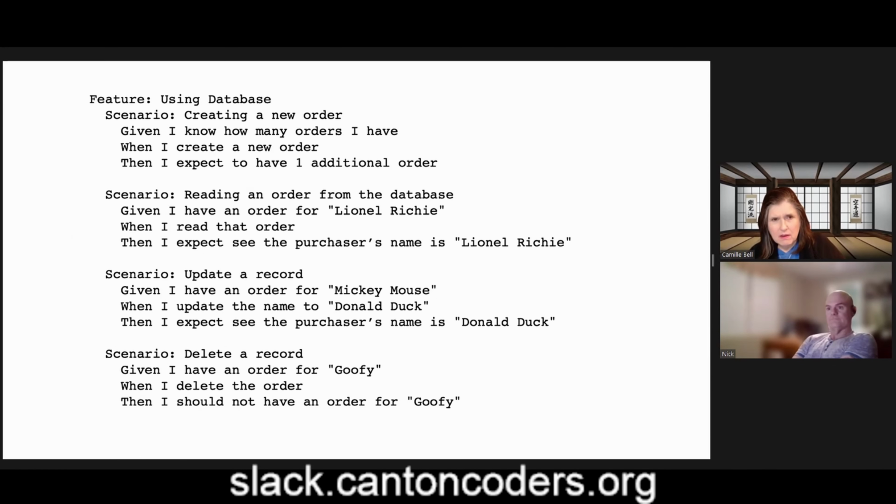And there's no logic, like, update a record named Donald Duck, expect to see Donald Duck. There's no logic there, right? Nope. And it's not just about integration. I mean, I've seen this with APIs, right? Where,